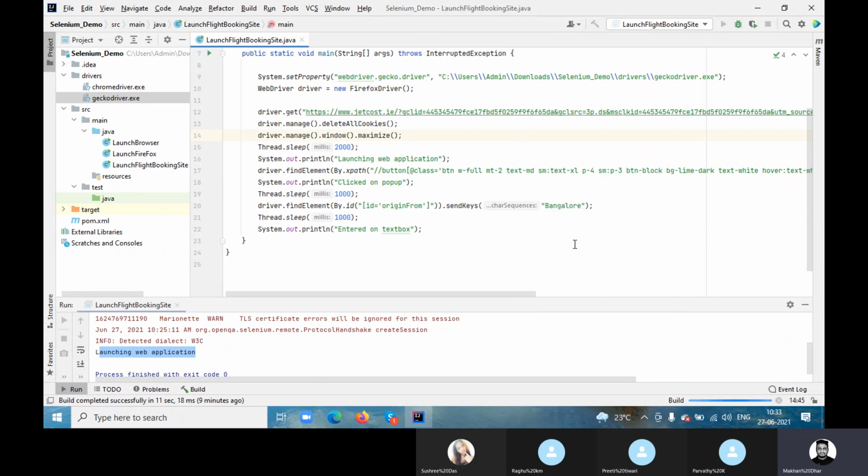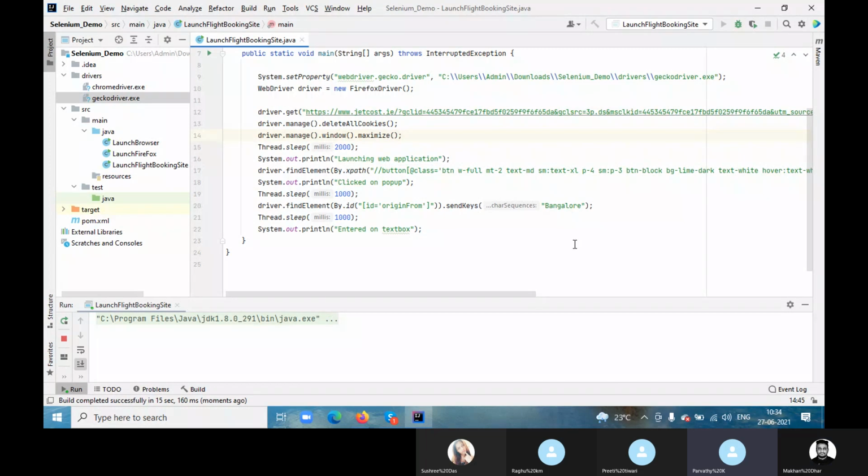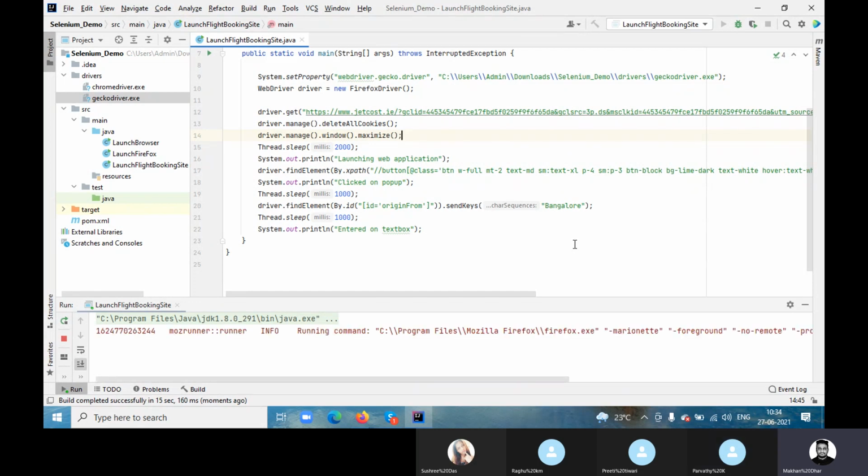Now launch again. Markin, each and every time should we run from the starting, or can we run from that page, like two or three steps before? Means I didn't get you. It is running from the start, right? No, you can't run in between. How will it interact? It will start from launching the browser, then opening the application, then it will go.